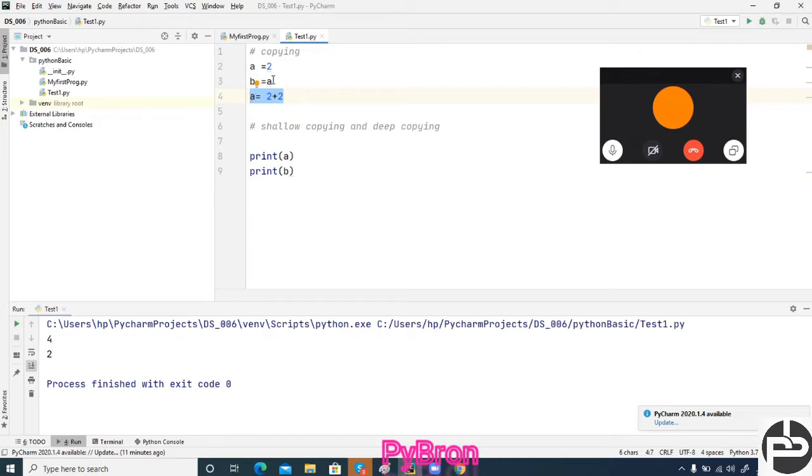Okay, A value got assigned. First we initialize the A value, and then we assigned this A value to B. Afterward we change the value of A, so it will not affect the value of B, because B value is initialized at the first line, line number 2 only. So B value will not be affected at that point.